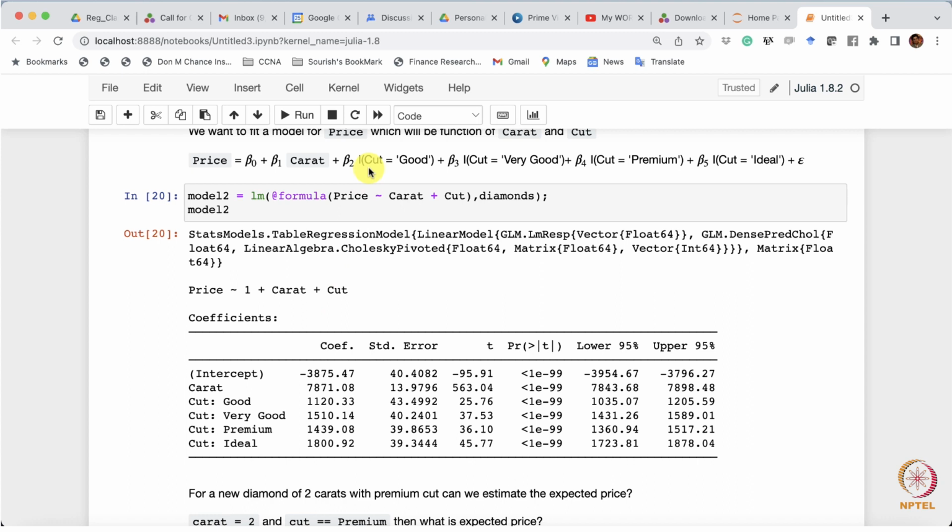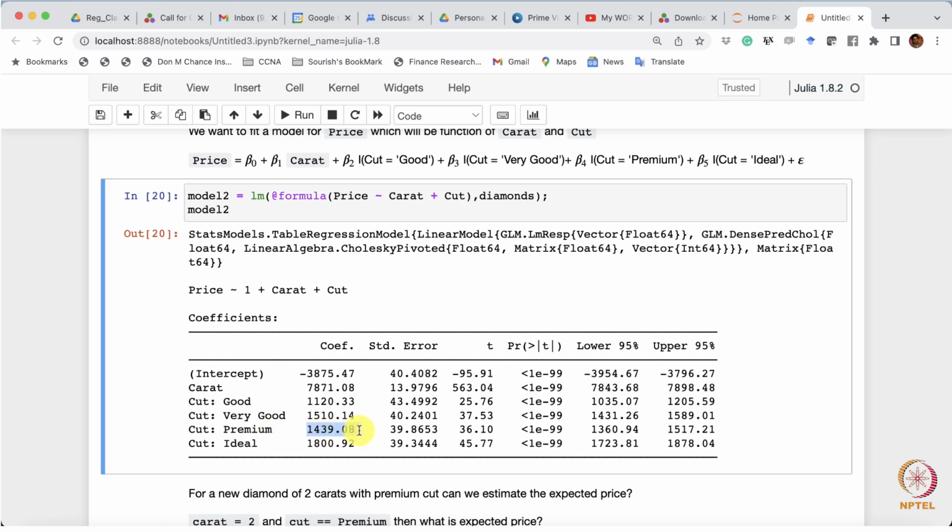Now, is it good? No. So that means this is 0. If you look at the model, since it is not good, it will be 0. So 0 times beta 2, whatever the value, is 0. Very good? No. So this is 0. Premium? Yes, it is 1. If it is premium, it is 1. So beta 4, the beta premium value, is